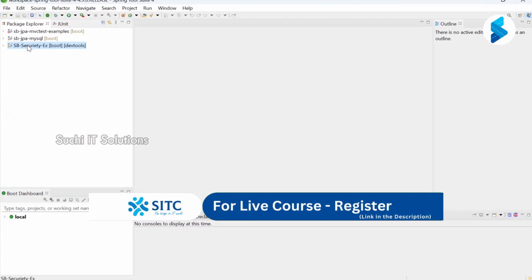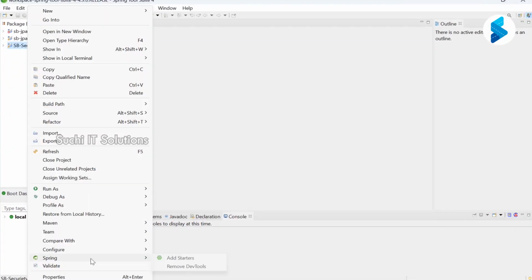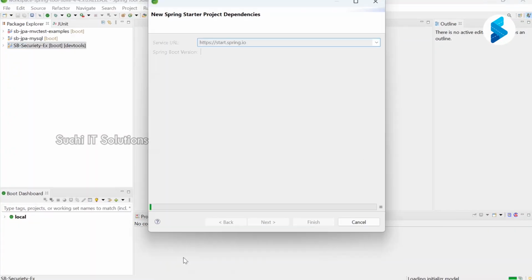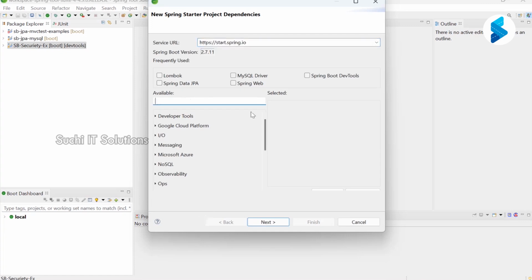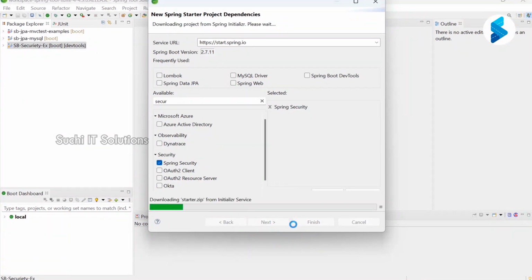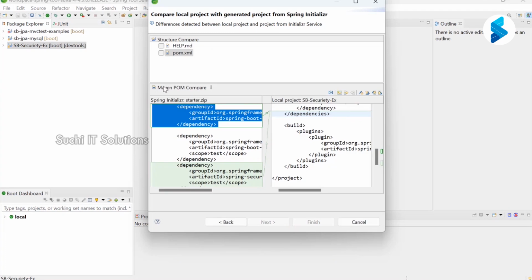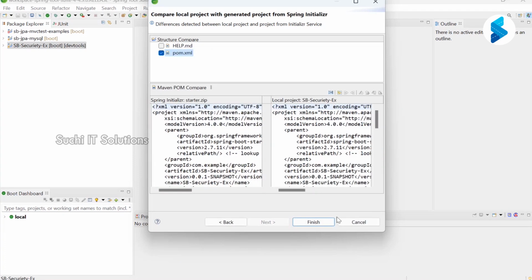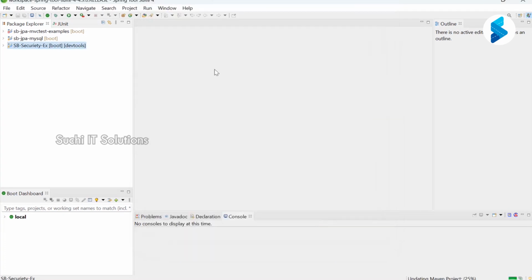Right click on this, then Spring, add starters. Here, just add security, Spring Security. Next, finish.